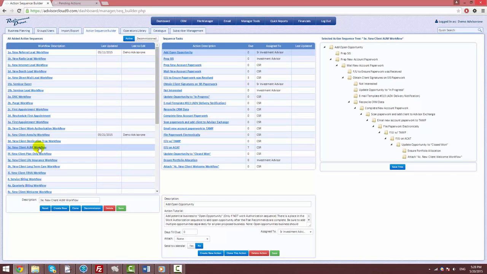The Action Sequence Builder will be packaged with default action sequences that any firm who purchases the AC9 software can choose to use, edit, or totally replace. The simple concept to understand is that for any business activity that a firm might enter into, an action sequence should be in place to ensure that the firm never misses anything and that tasks are completed in the most